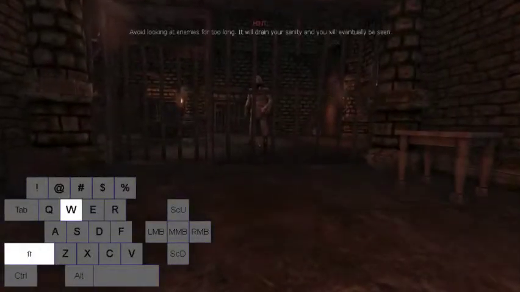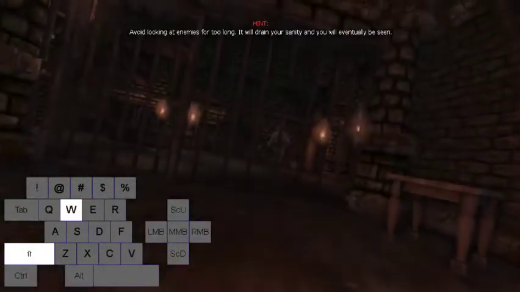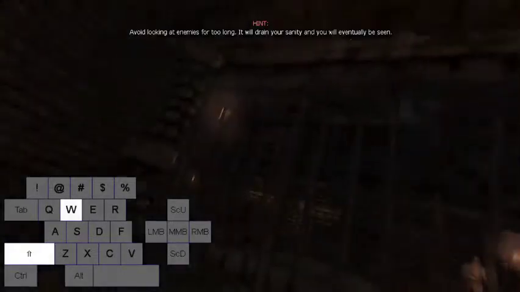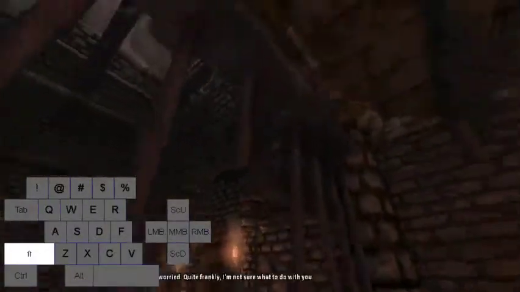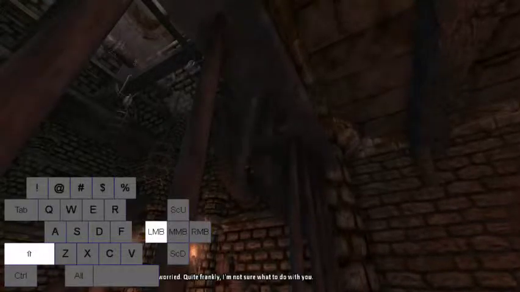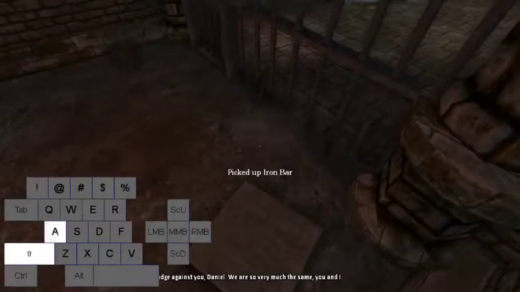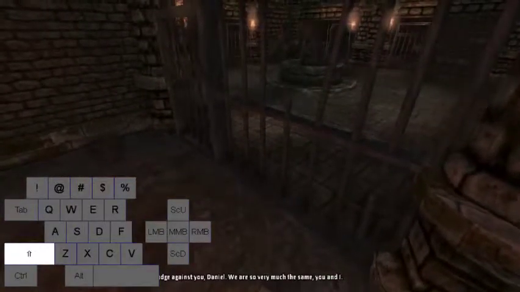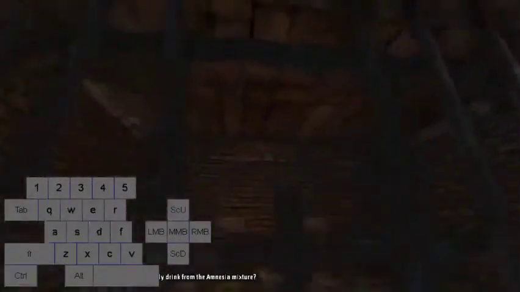This is a pretty straightforward section again. So you want to just start crawling forward towards the door. And you can see this pipe here. You want to wiggle that around until it falls and grab it. After you've grabbed it, just jump through this window or this little hole